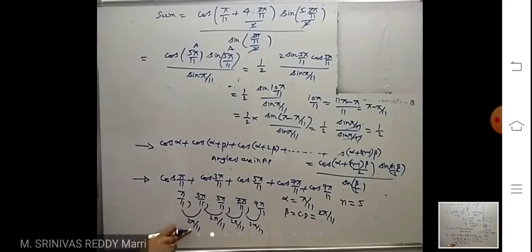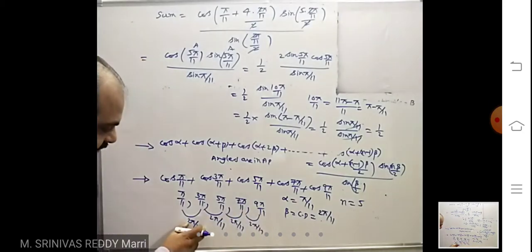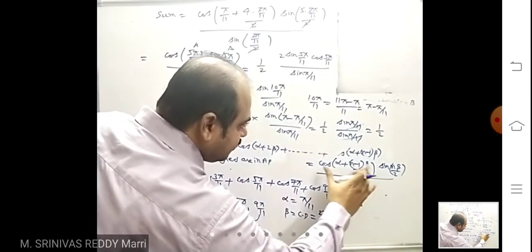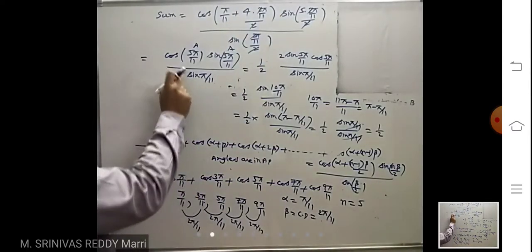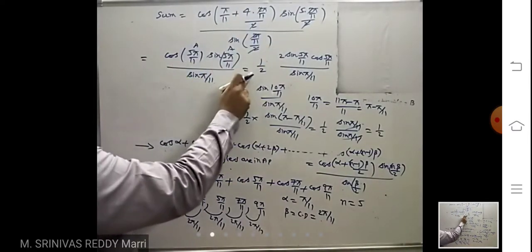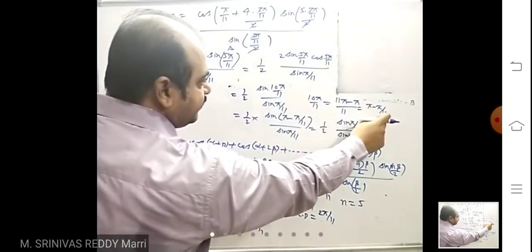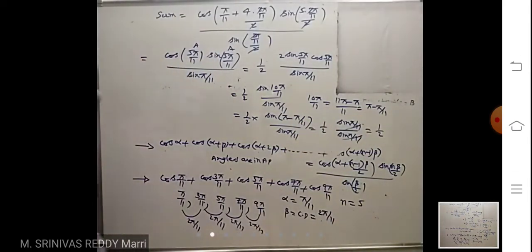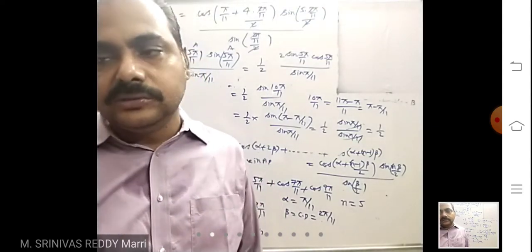You take the first angle alpha. If angles are in AP, the first angle is alpha, beta is nothing but the common difference, the second angle minus the first angle, and then substitute in this rule whatever alpha, beta, and n are. Just I have substituted. After that, I got this one. Now sine A cos A is there. I have multiplied and divided, a little bit of adjustment, sine 2A. Now 10 pi by 11 can be written like this, sine of pi minus pi by 11. This and this both will get cancelled. So that means this sum value is 1 by 2. Like that, you can find the sum of all sines or sum of all cosines whose angles are in AP.